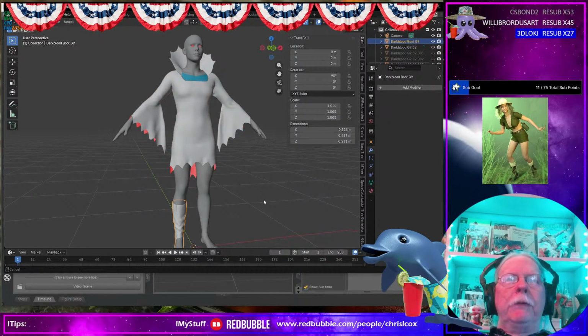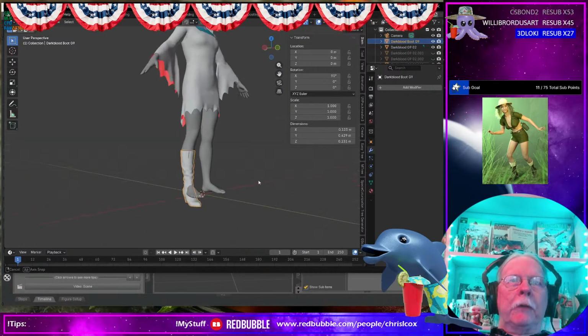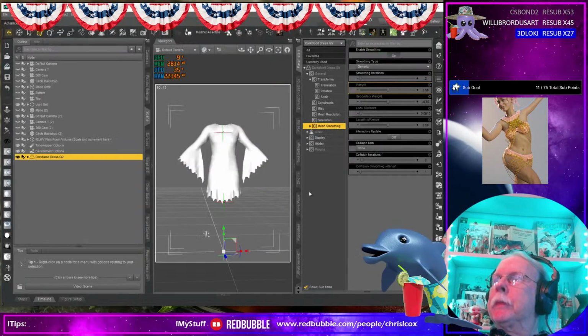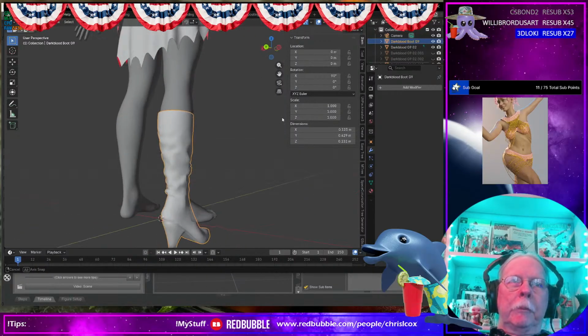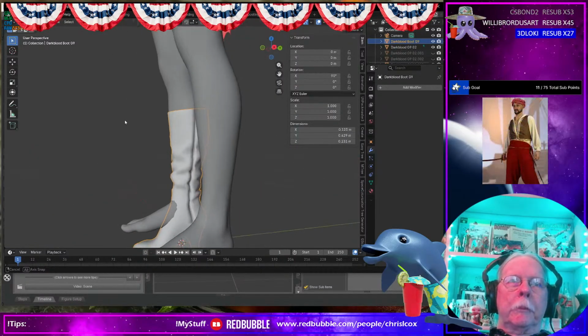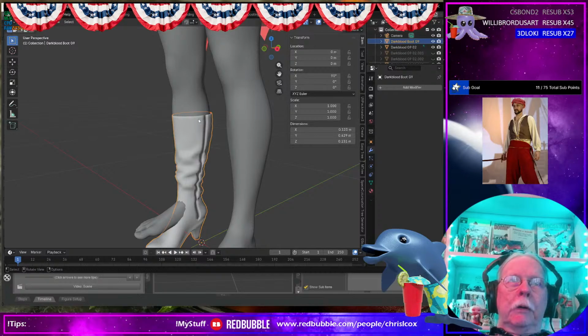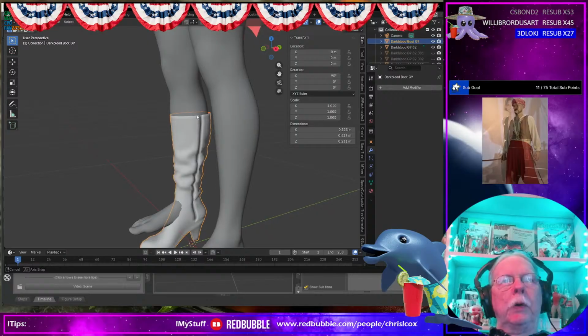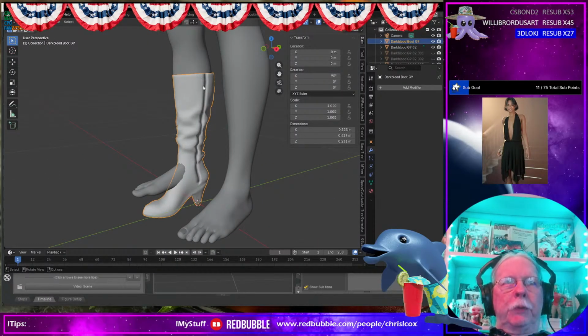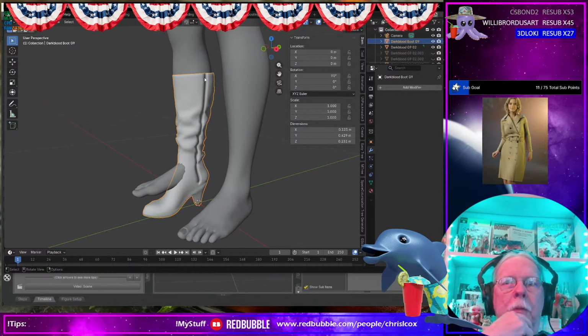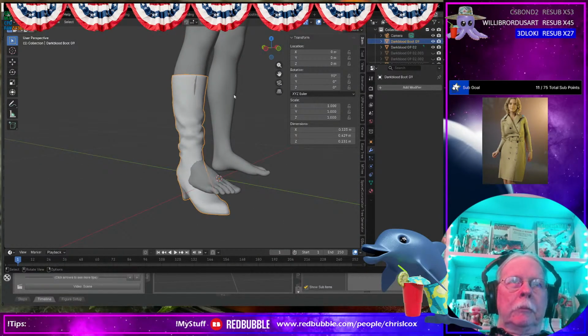Anyhow, let me finish the boots though. I have to figure out what foot pose I need for those boots. I'm going to bounce back and forth here. This isn't quite ready, but we're really close. And I'm going to put a zipper on here, but do I want to model that in? You know what? I think I'm going to model the zipper in because I don't need it to zip up and down. Although I will stick the tab on as a separate part so that it can move. But other than that, anywho,